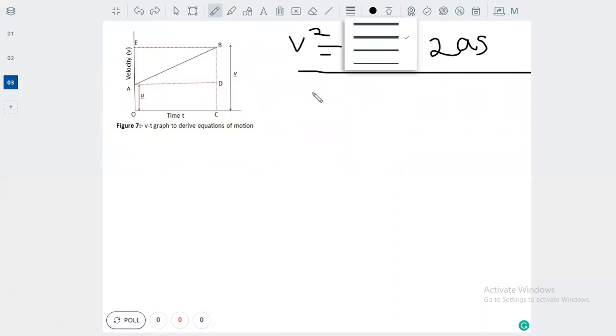So getting back to our concentration, getting back into our studies. So we were discussing that we are going to do the V square is equal to U square plus 2AS. So here, first of all, you need to remember that in this V square is equal to U square plus 2AS, you need to eliminate time. To eliminate time, the first two equations are also required in this. I'll be showing you guys in the middle of the thing. So I'll be starting from here.